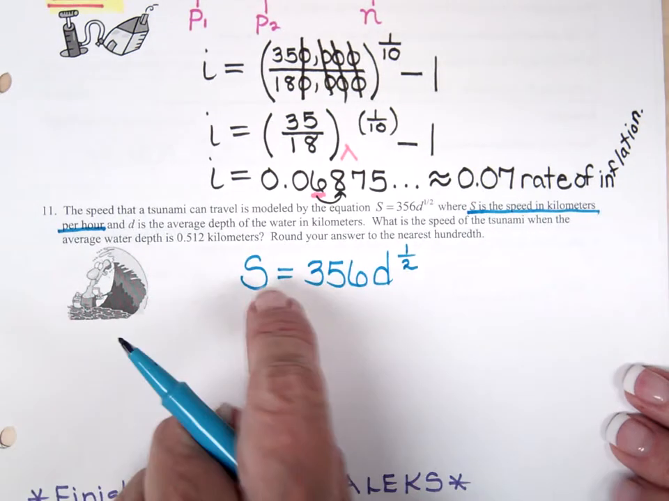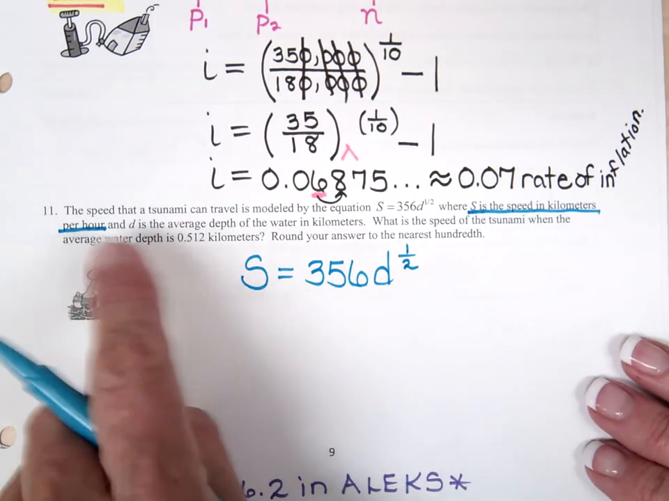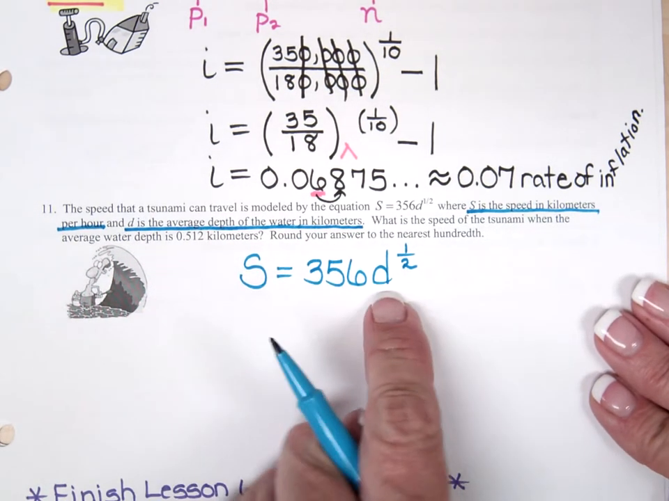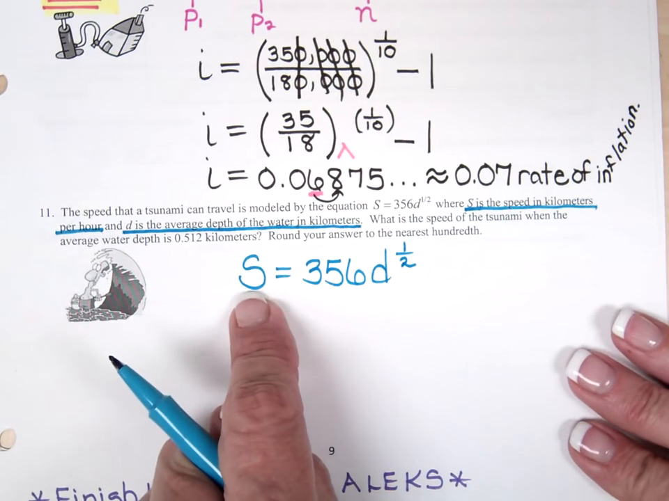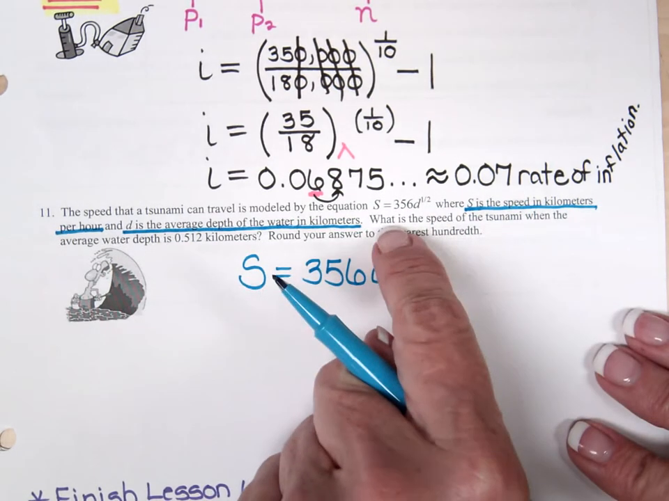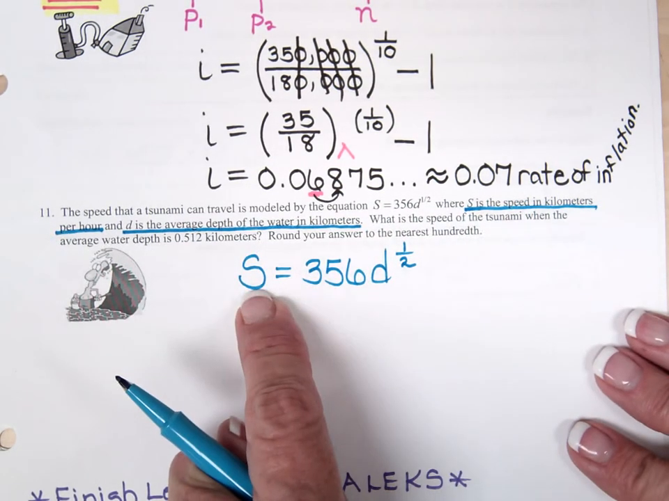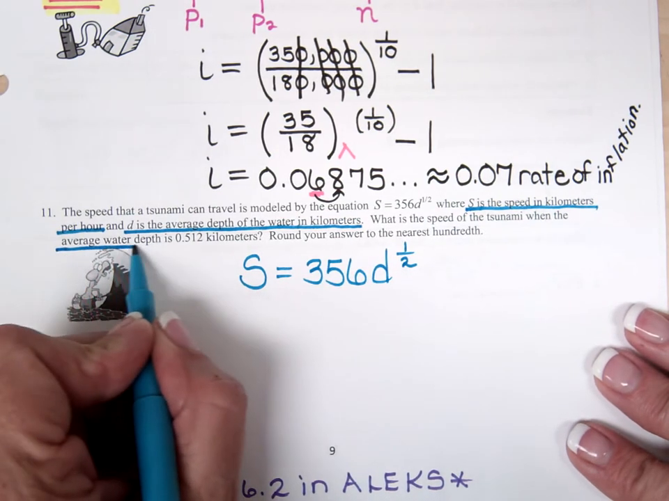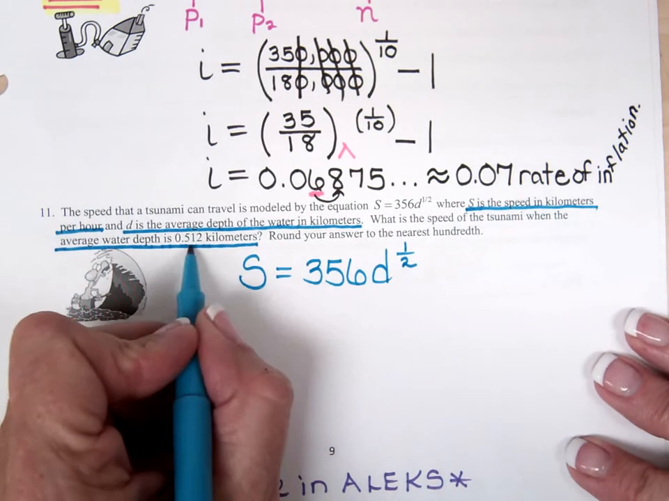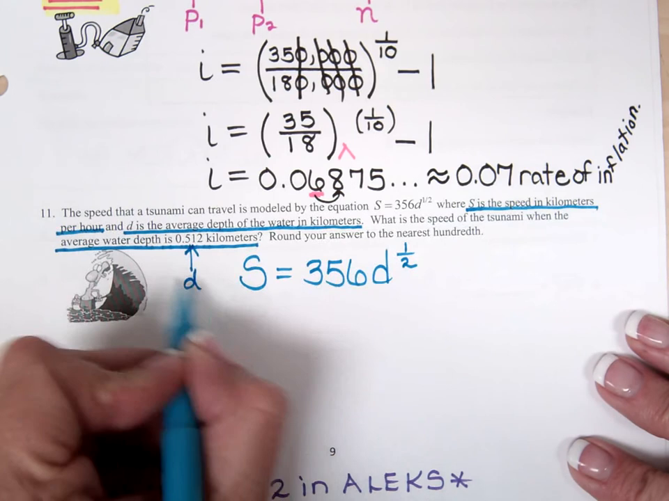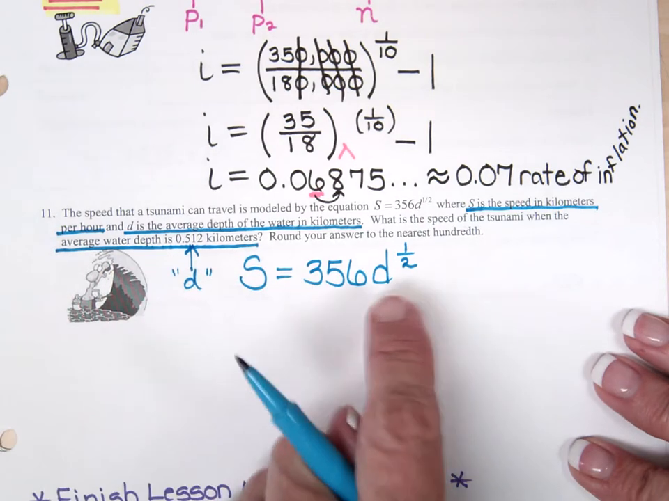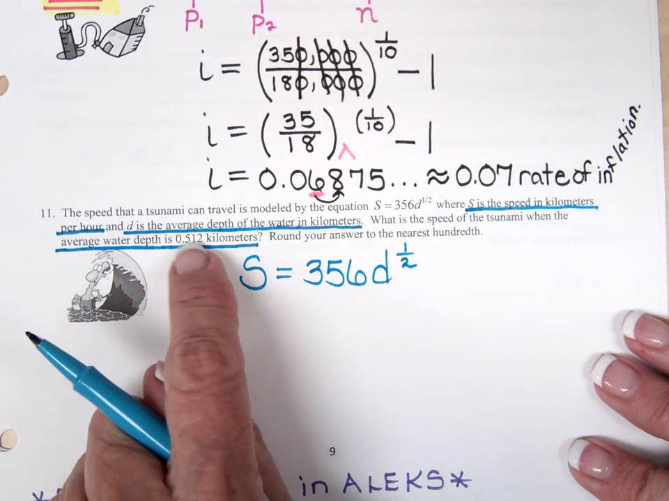If they give us d, which is the average depth of water in kilometers. So if they give us the depth, we'll put it in for d. If they give us the speed, we'll put it in for s. They're only going to give us one, so we just have to read. What is the speed? That means we're solving for s, when the average water depth is 0.512 kilometers. So that is our D, because it says right there, average water depth. So in place of D, we need to put 0.512. So S equals